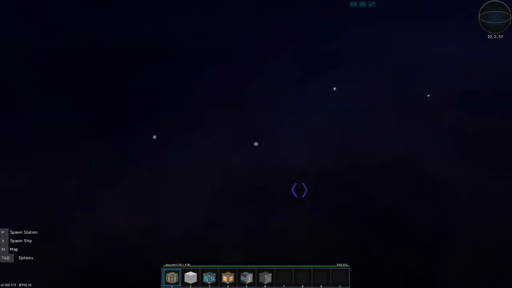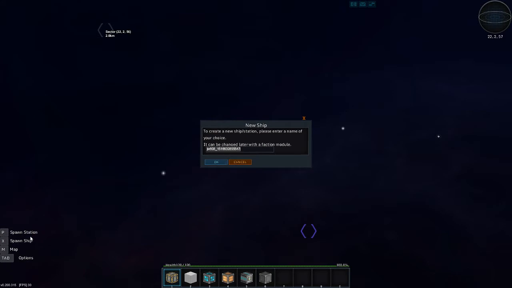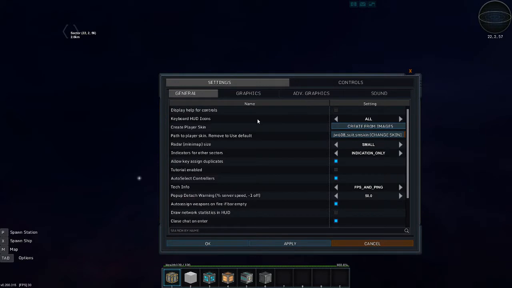We're talking about Power 2.0. Let's build a ship. It says here X spawns a ship. So I am also going to, while I'm thinking about it,